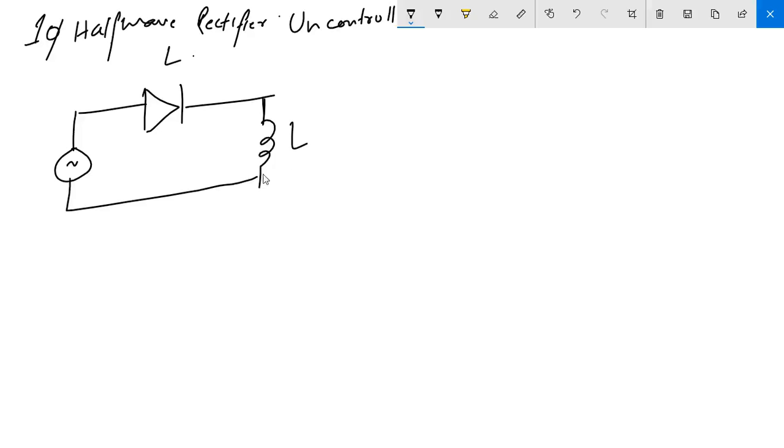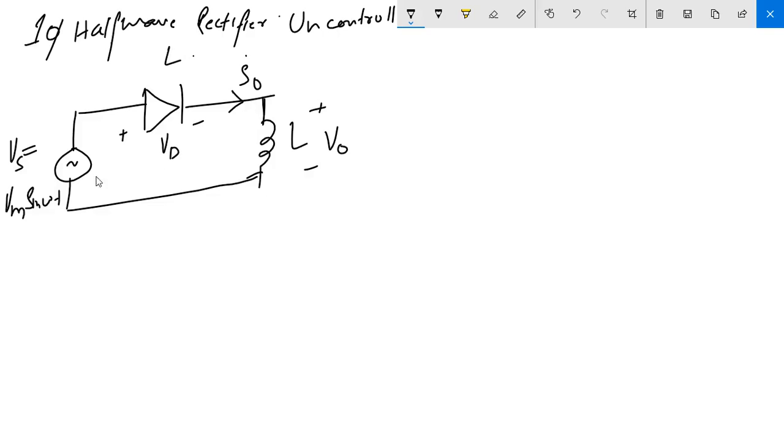Okay, so what happens, this is my Vs, which is nothing but Vm sine omega t. Vs is equal to Vm sine omega t. We have to take out the voltage across the load, V naught, and the voltage across the diode, that is VD. I am already specifying VD as this side positive and this side negative, and I have to take out the current